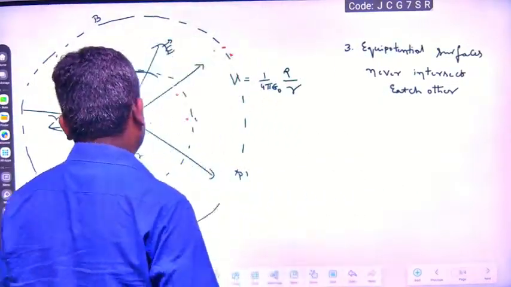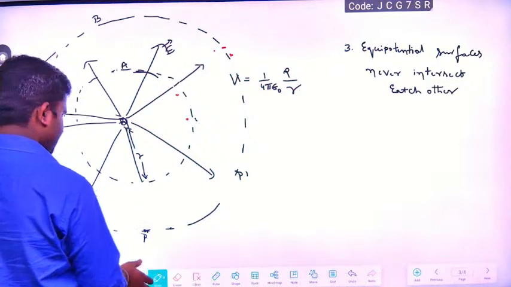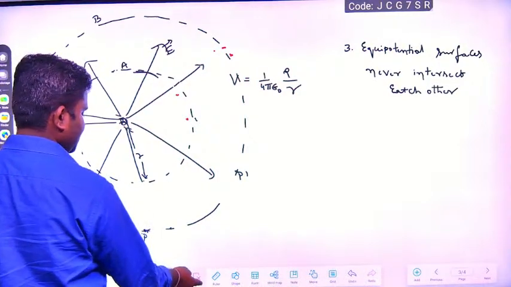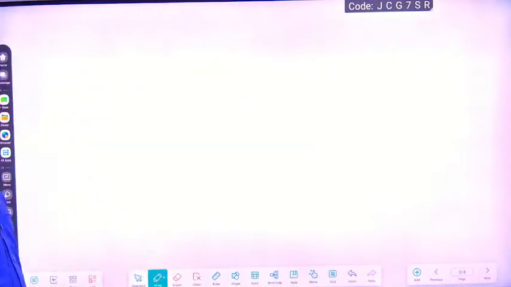Okay. So shall I erase this? Clean it. Not clean it. Okay. Next,